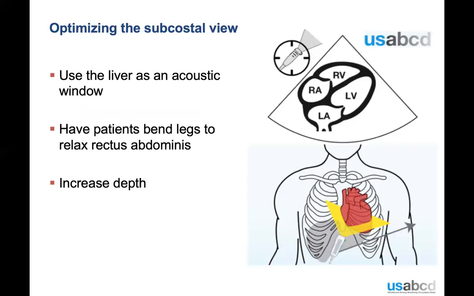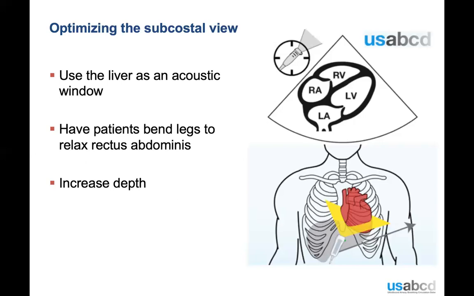Optimizing this view, of course, we want to use that liver as the acoustic window. So that's why we're almost moving more to the patient's right, to get that beam to go through the liver up to the heart. While moving left may get the heart closer if there's not much liver on that side, it will probably make my image not as clear and crisp as moving to the right